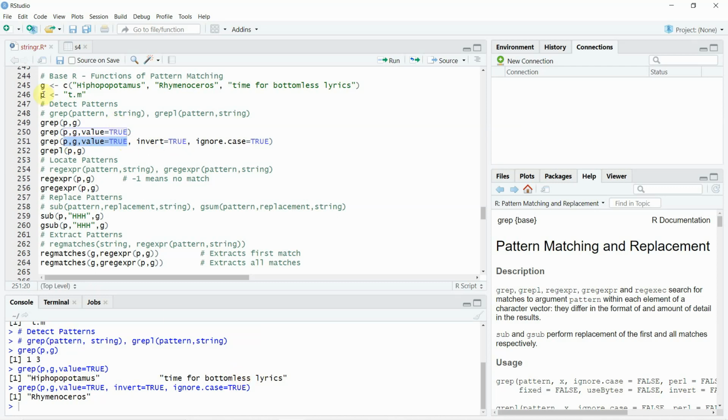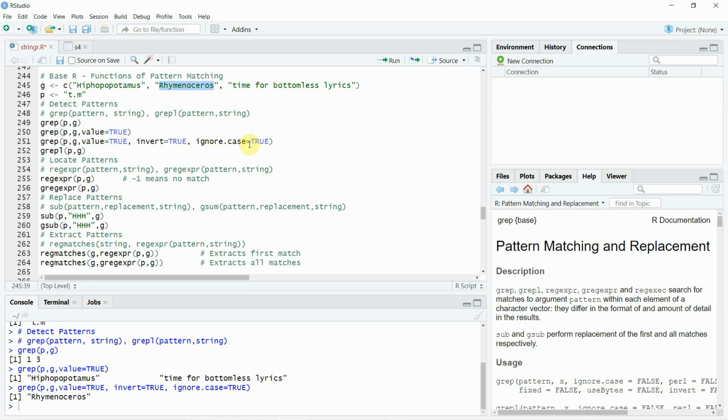So in this g variable, you have three values: hippopotamus, rhinoceros, and time for bottomless lyrics. Since you don't want it to return a particular pattern, it is just returning rhinoceros. So that's how it's used.